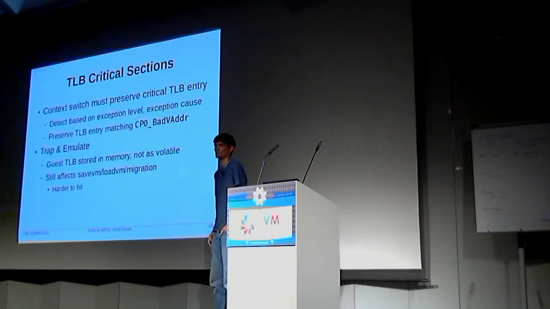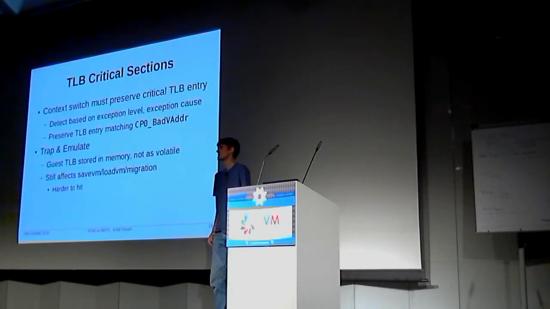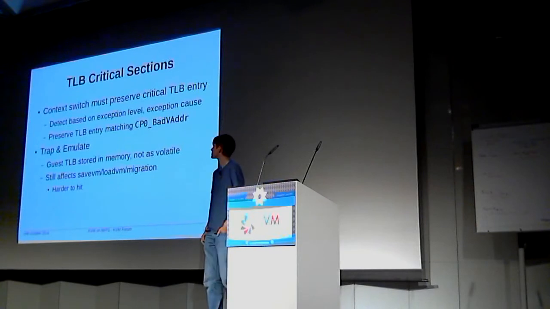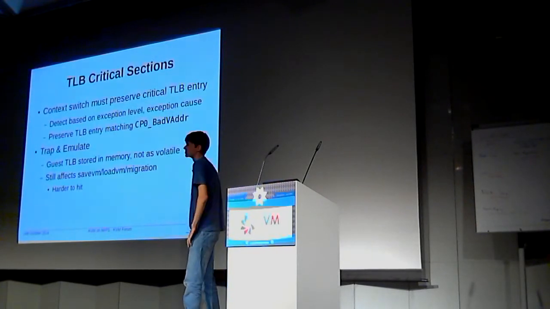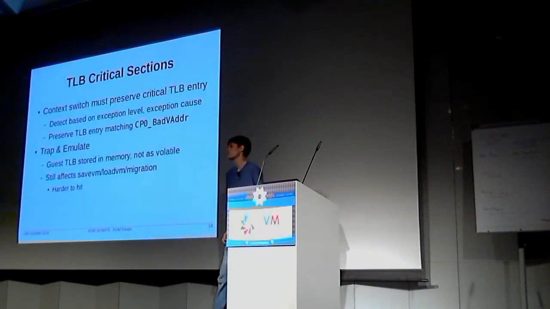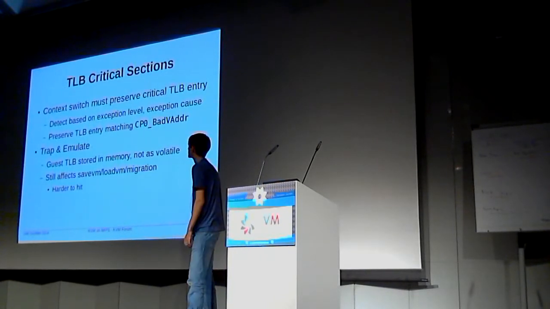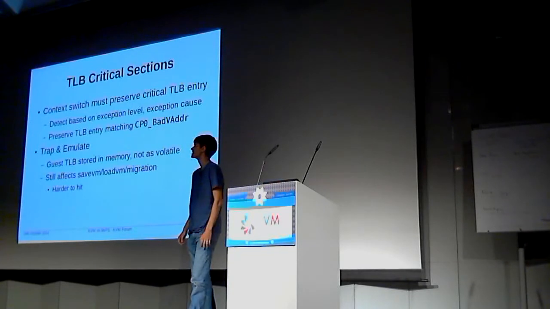You really don't want to save them on every single context switch. And so you can detect this condition based on the exception level and the cause of the exception. And you know that the bad address register points to the address of the TLB causing the exception. And so you can look in the guest TLB for a matching entry and save that